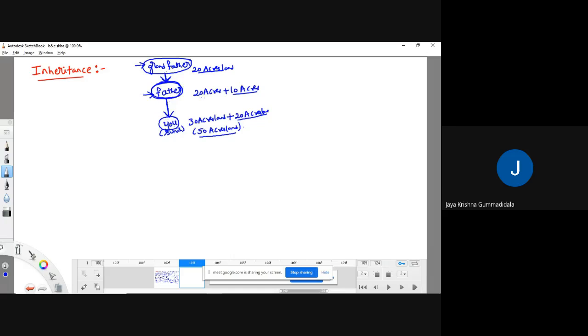So with respect to Sunil, father is what? Father is a parent, and with respect to father, Sunil is a child. With respect to this father, grandfather is a parent. With respect